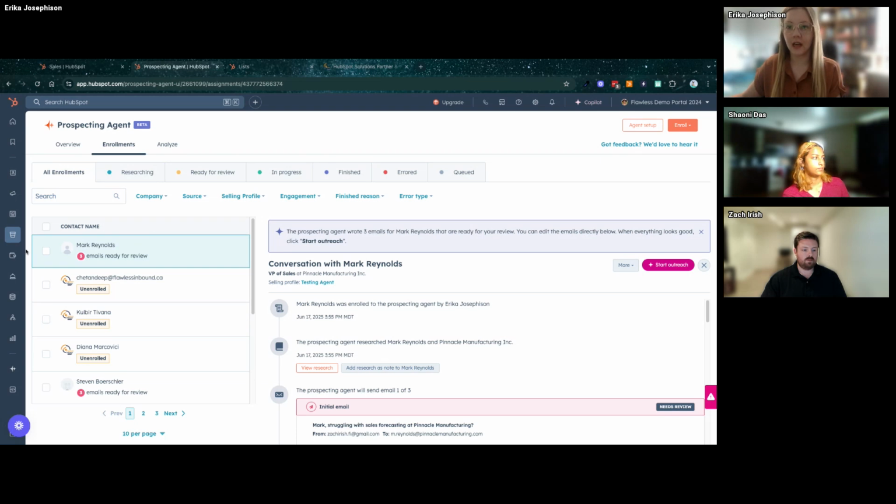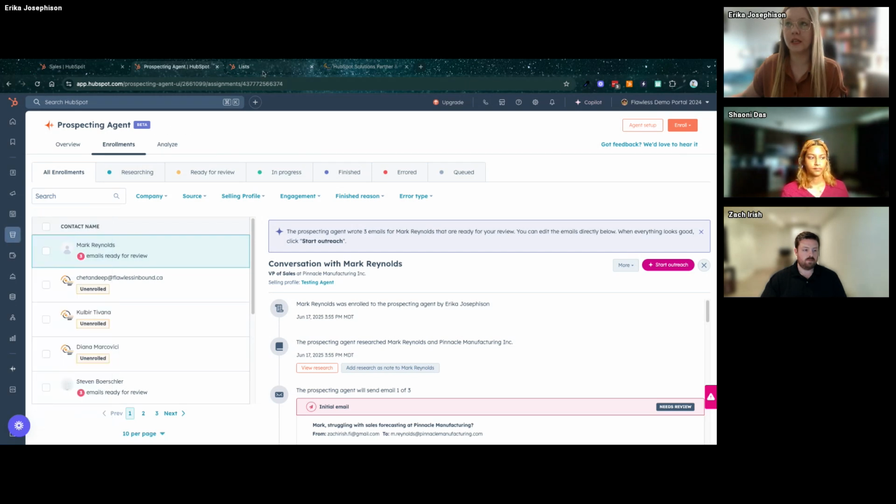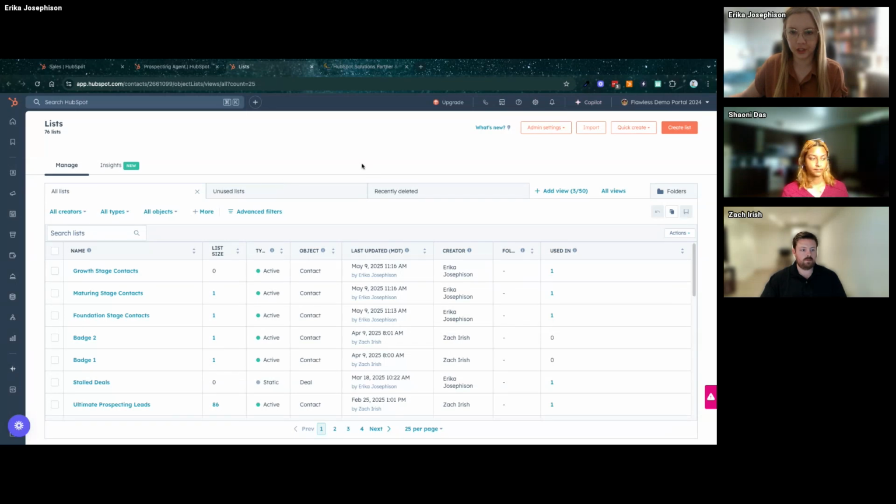Before we run into Q&A here quickly, I would like to go over the last item, which is the lookalike list. This is a brand new feature from the Spring Spotlight, which is very new to HubSpot. They have recently ventured into some intent and prospecting. I know I just said the prospecting agent, but in more traditional prospecting activities